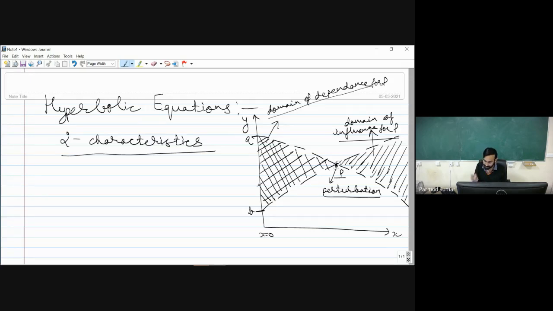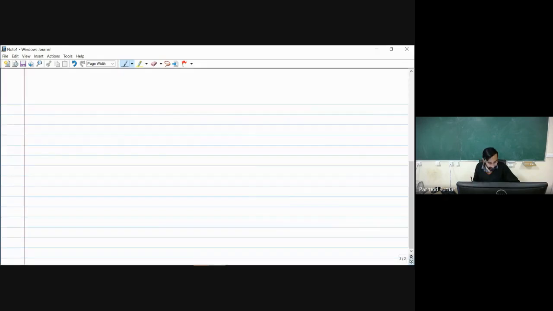Similarly, if I have to calculate in the domain of influence, then I should know the value at point P. Similarly, if I take any other point C over here, through this point C also some characteristic lines will be passing. So for point C, I will have a separate domain of dependence and a separate domain of influence. This is how we can physically infer how information propagates when the equations are hyperbolic. Now let me take the next type of equation.